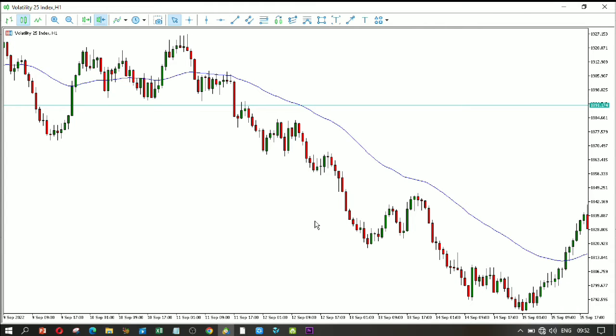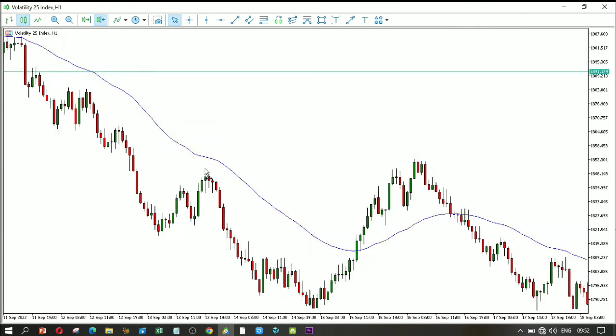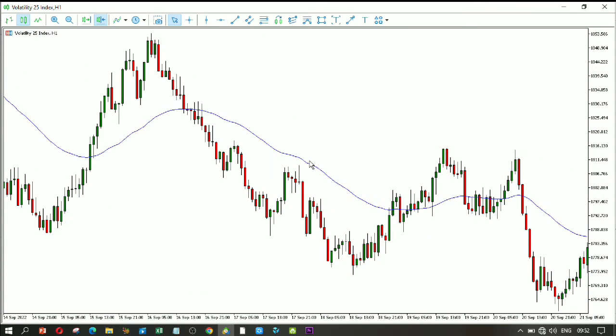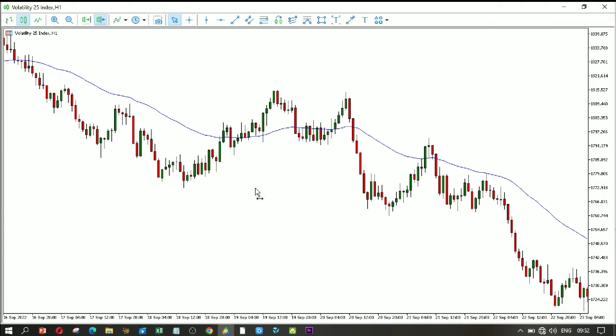The number 2 reason why we use the moving average is that it can act as a level of support or resistance. You will see sometimes when the market moves into the moving average, it tends to bounce off the moving average. As you can see right here, when the market moves into the moving average, it tends to bounce on it, so the moving average sometimes acts as a level of support or resistance,